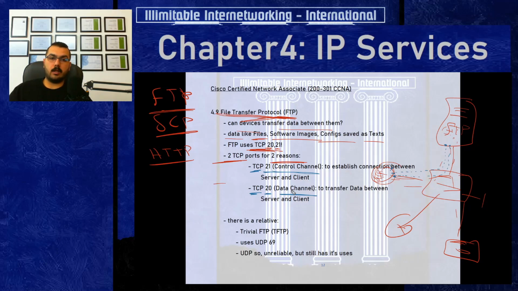So you have two channels. The first one is for control, and it handles authentication, making sure that the connection is established correctly between the devices. After that is done, the other channel, the data channel that uses TCP number 20 between the two devices, will start to really transfer data. Data will be like IOS images, which is the most important thing that you will transfer in your network using the FTP protocol, because of what you will face in your network: